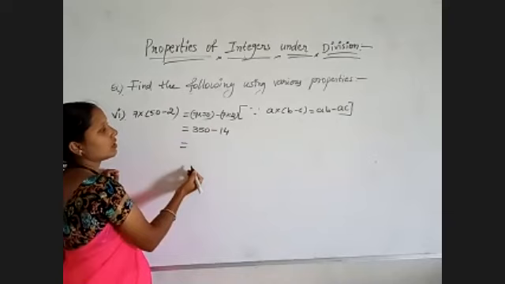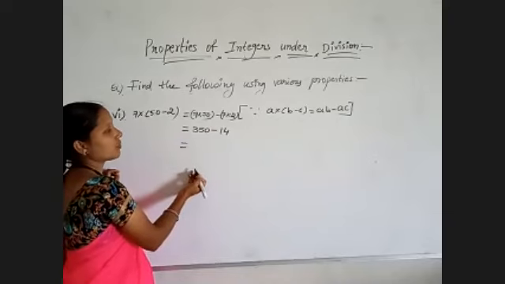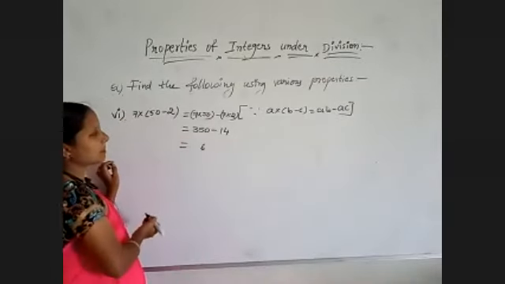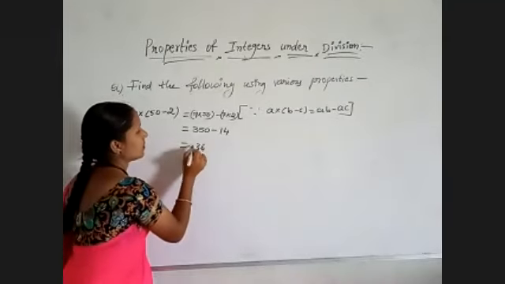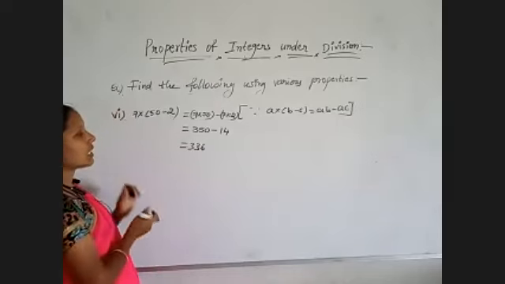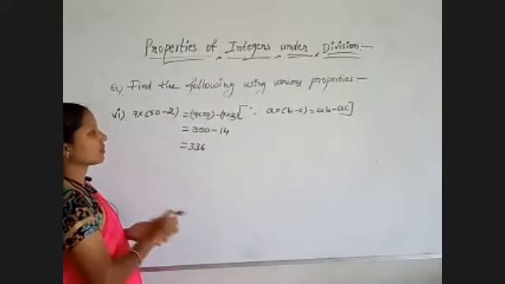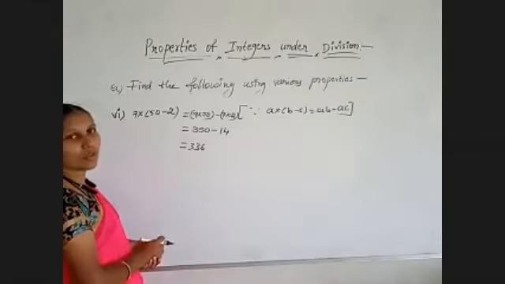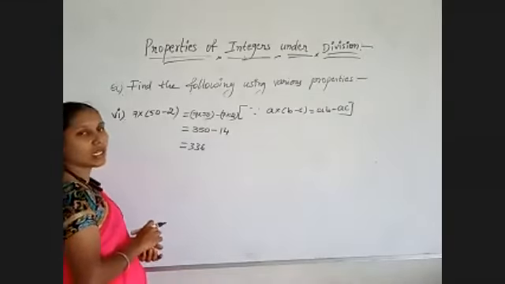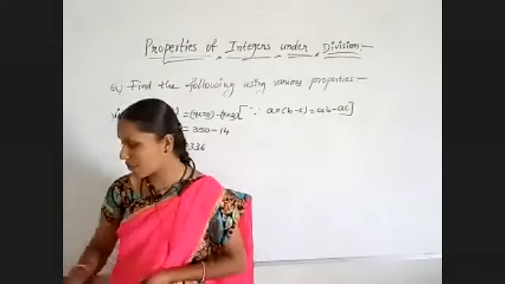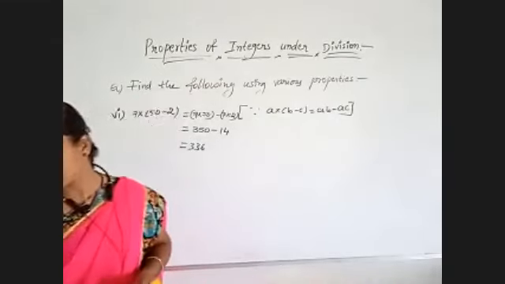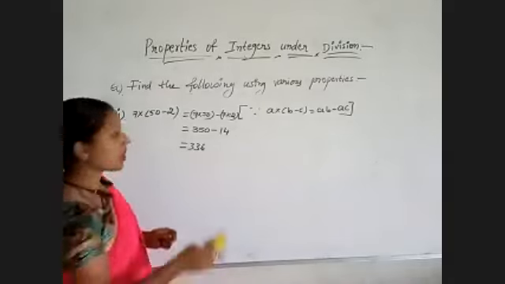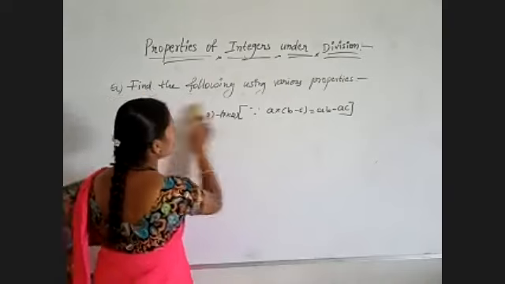Subtract that. 350 minus 14 is 336. So like this, we need to perform different operations by using the distributive property. Here I have explained some more questions depending on the distributive property. And coming to one more example for the distributive property in another way.